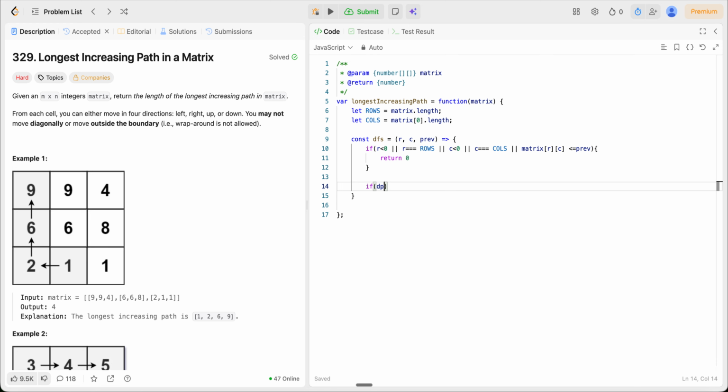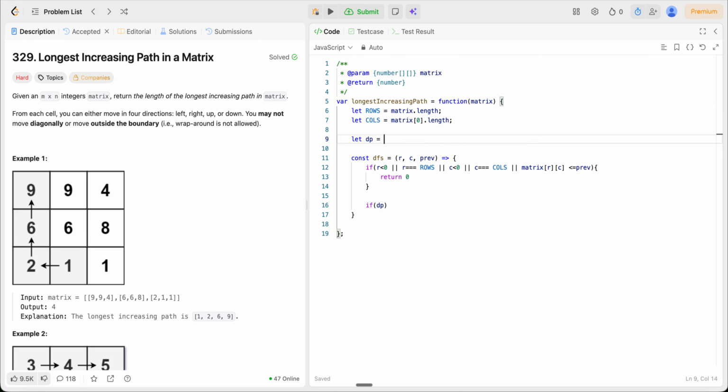Okay, and also we have to define our DP array. So array from length initially will be rows, and then I'm going to return new array of length cols, and initially I'll fill all of them with 0 to identify if there is a value or not. Whenever we go to that particular cell, the value will always be at least 1 because at least one cell will be present. And DP of row comma column, if the value is already there, you just have to return DP of row comma column. Else we have to define